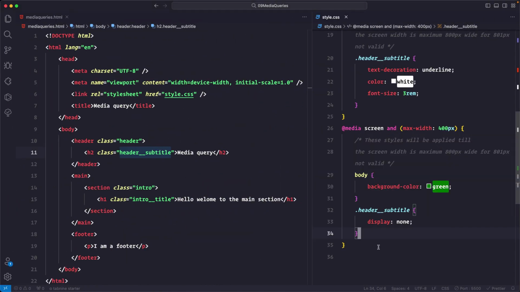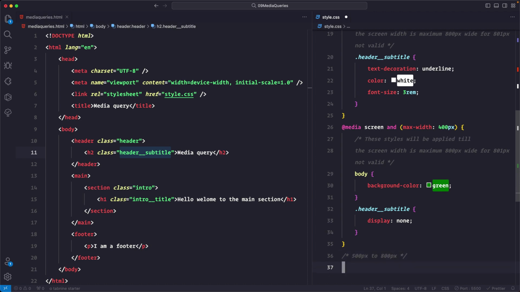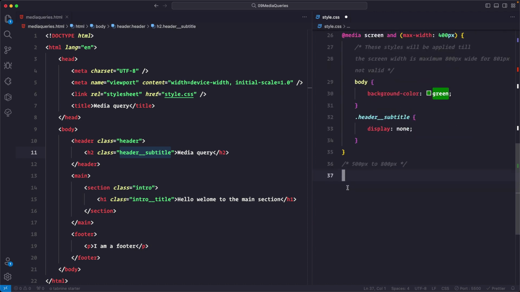Now we also have one better approach, that if you want to control the layout between one particular point to another particular point, for example, I want to design my website specifically for 500 pixel to 800 pixel, then I can also do that. I can do that by combining two media queries. So I'm just going to copy this, and now here media screen and max width and media screen, this one,